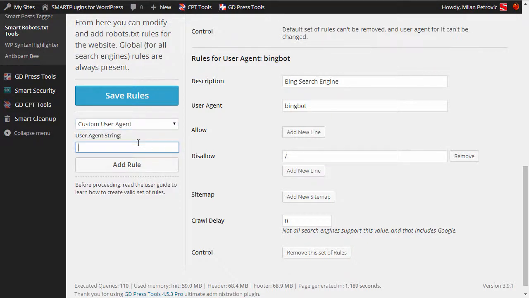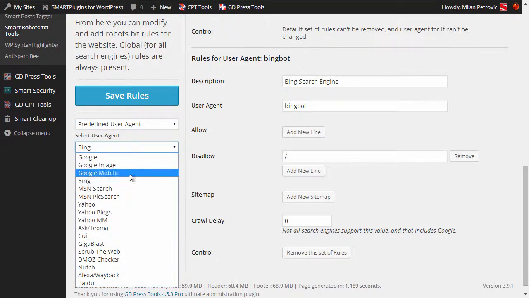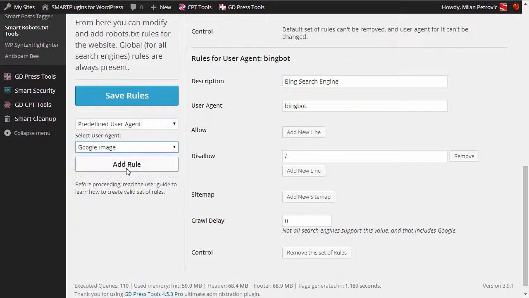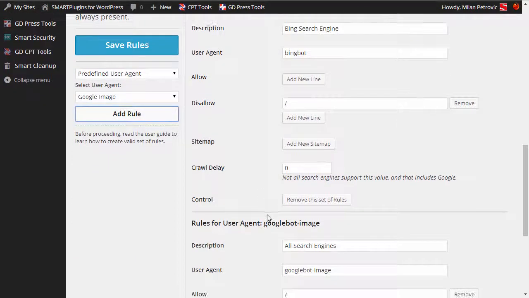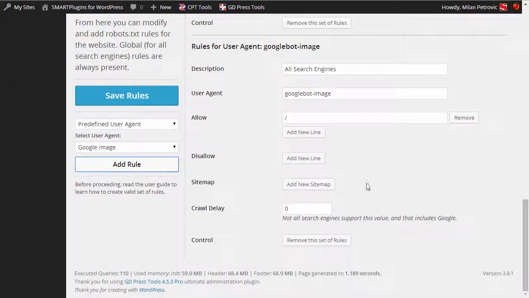So you need to enter the user agent string here, or select something like Google image, add that too. We're not going to set any rules here, but just to show you how the robots file will look with more than one section. We'll save it.